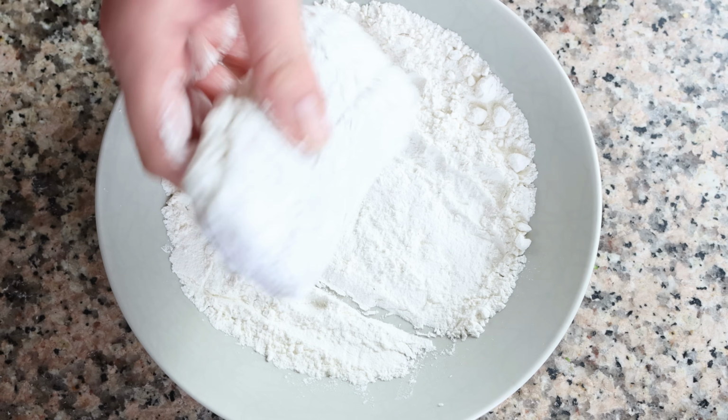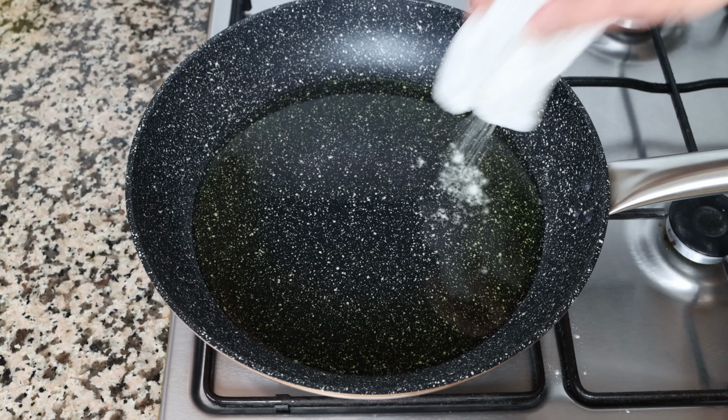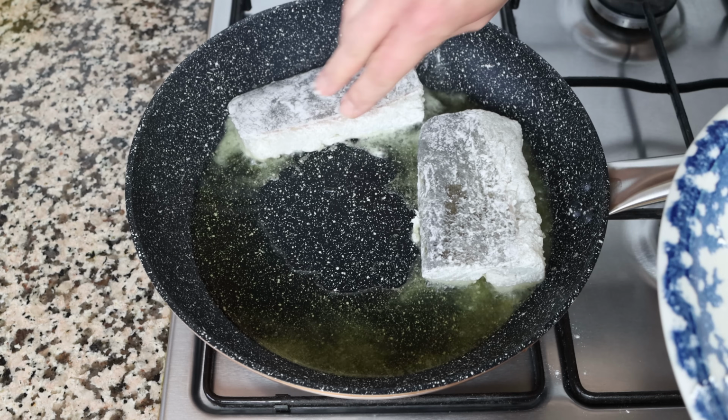Once all the cod fillets have been coated, let's move back to the fry pan. At this point, that olive oil should be nice and hot. I'm going to start adding the fillets of cod into the pan skin side up and making sure they're all